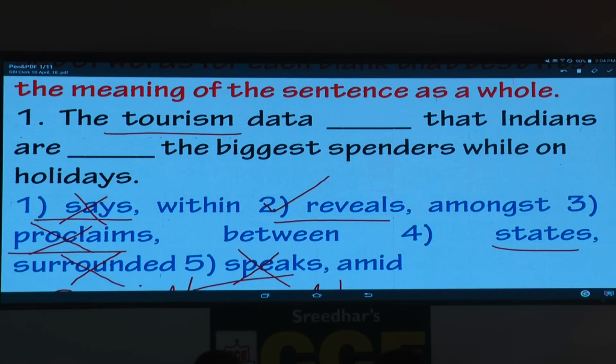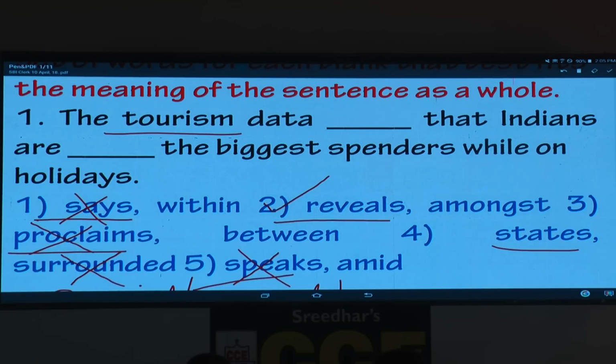So you should always ask yourself, do I have information? If tomorrow I have to write an essay on tourism, will I be able to write? It is an important topic. I think I gave you the 50 topics long back. One of the topics is tourism. So today you should be in a position to say, yes, I can write an essay about the tourism industry, especially ecotourism or health tourism. That's how you have to look at every question.